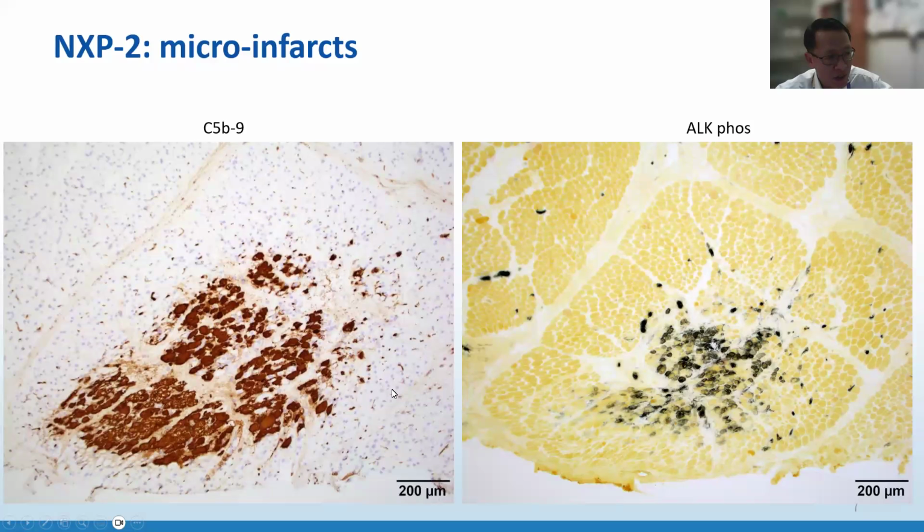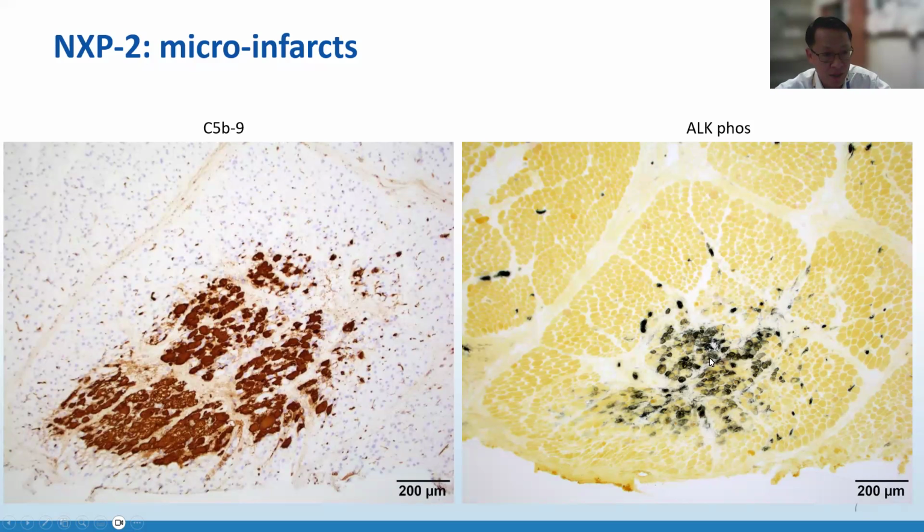And when the infarct happens, you can see that this is a very well circumscribed region, and there's confluent necrosis in this region. And it has a roughly round shape that corresponds to a vascular territory. And also note in the background, you can see this pretty robust capillary staining surrounding this area.